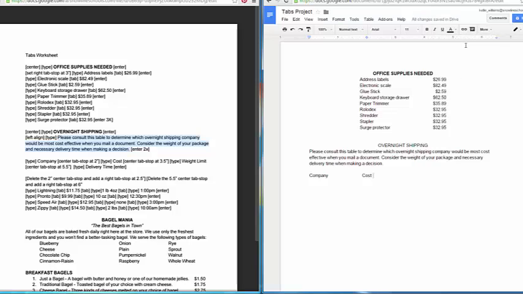Let me get rid of that. Another center tab at 3.5. So that's 2, that's 3. I'm going to do another center tab right here at 3.5. And I'm going to tab, and I'm going to do weight limit. And I'm going to do another center tab at 5.5. Hit tab, and the center tab